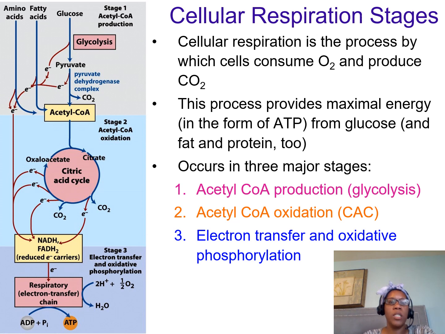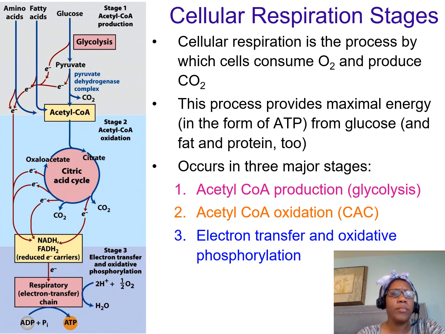So one of the stages, this picture has a lot going on, but it's very simple. One of the stages we talked about is glycolysis, 10 steps, pyruvate. And then we can only enter the citric acid cycle by converting pyruvate into acetyl-CoA. We get a lot more energy. So the first step is